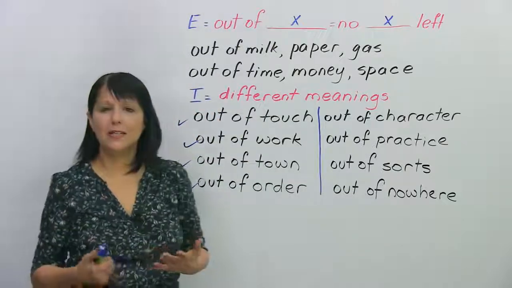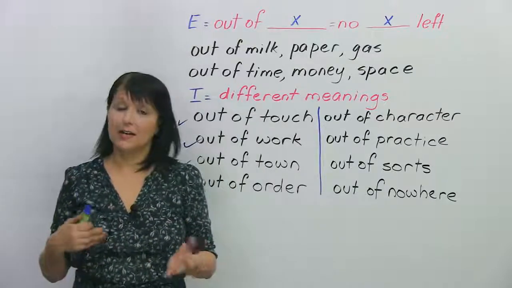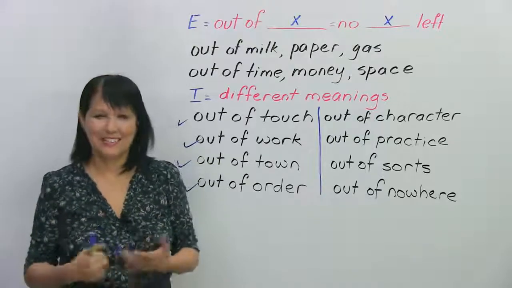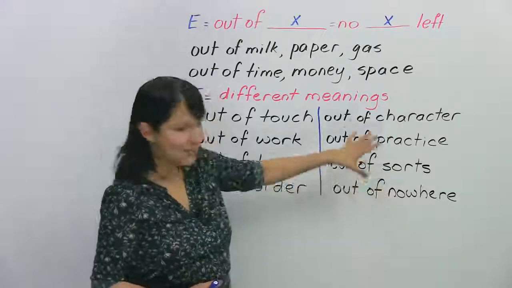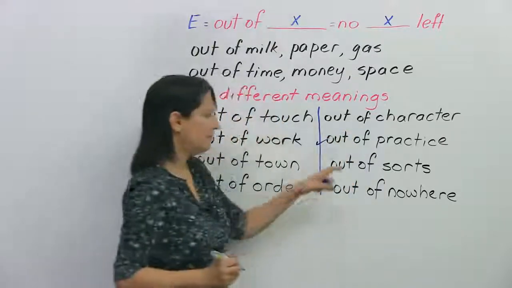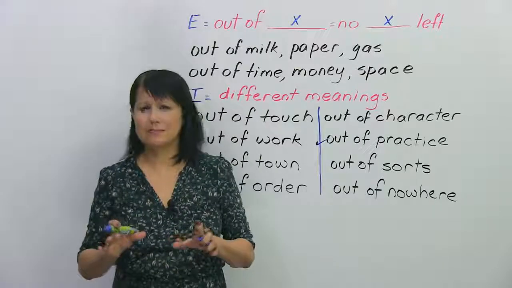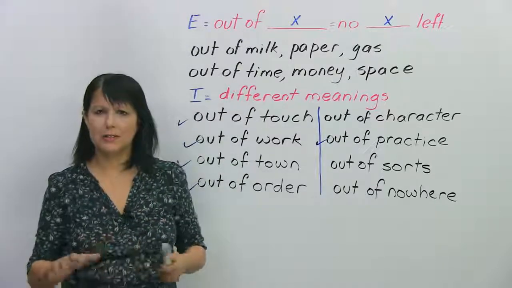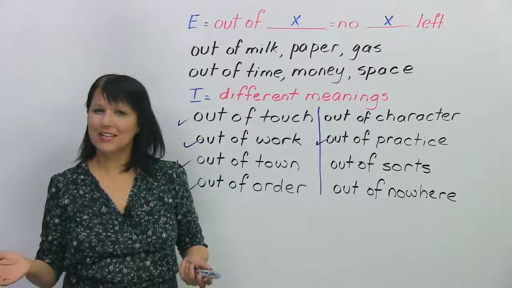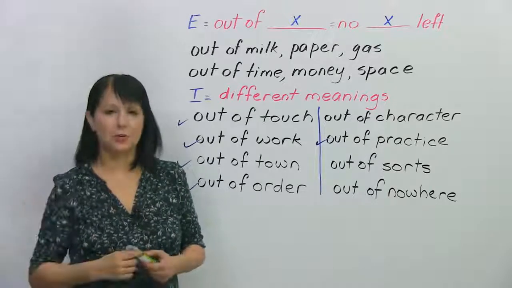If somebody hasn't spoken a language for a long time, you might say they're not speaking it very well, or they think they can't speak it very well. Which idiom would we use here? It would be this one: out of practice. Good. And if you look at your colleague and they look a little bit tired and unwell, what could you say if somebody's a little tired or unwell? You could say that they are out of